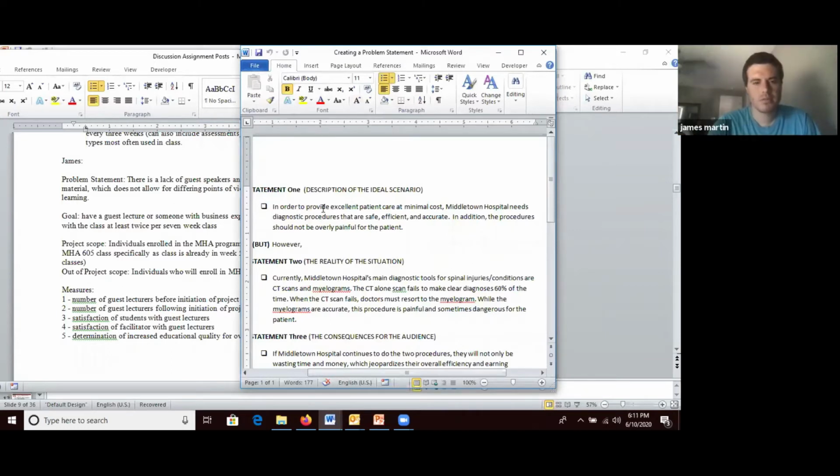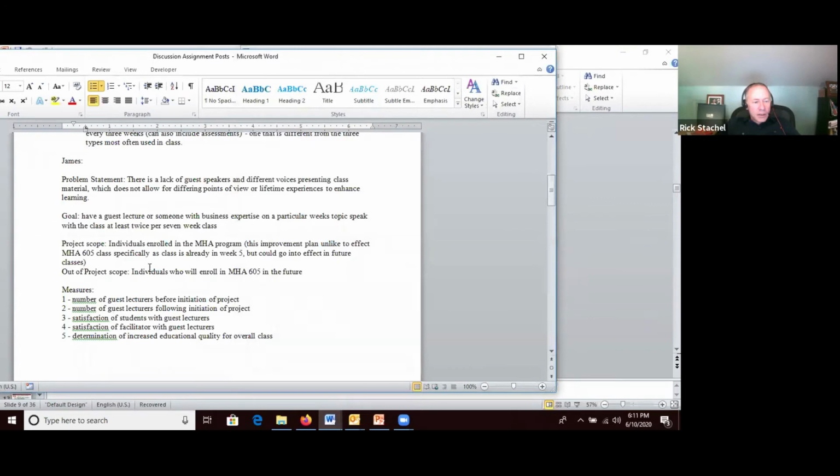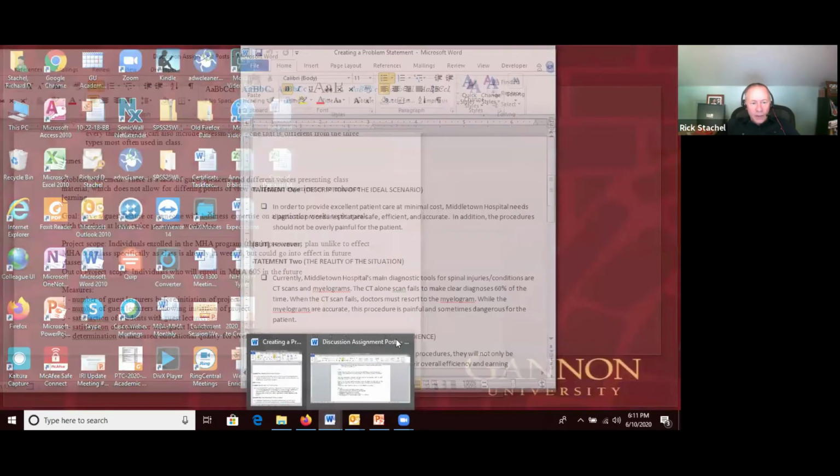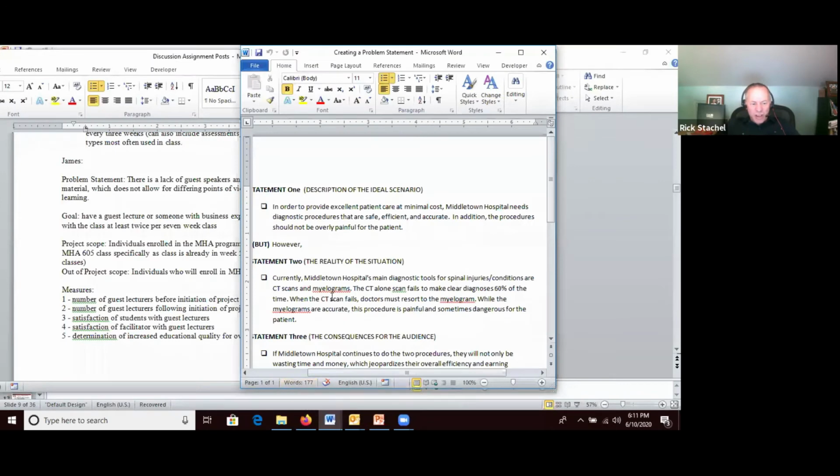The statement 1 is your description of an ideal scenario, right? So you want to put in, like, in order to provide excellent patient care, I'm just rereading this, right? But this is what they're trying to live towards, right? Okay. So, I mean, you might just have to tease something out of that. So I do think you have that number 2 space in there. It's the current situation, right? And so you might have,